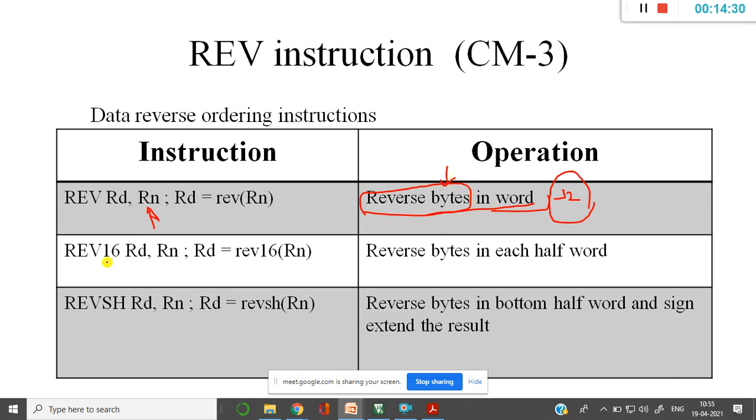Now REV16. Once again the ordering of data is getting reversed, but with respect to 16 bits, here it is half word.